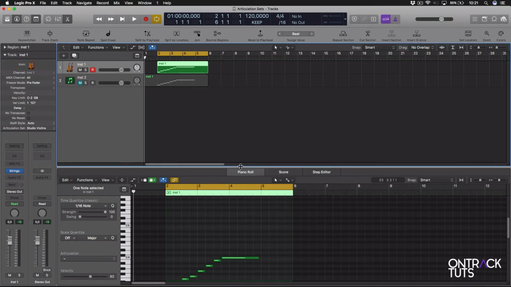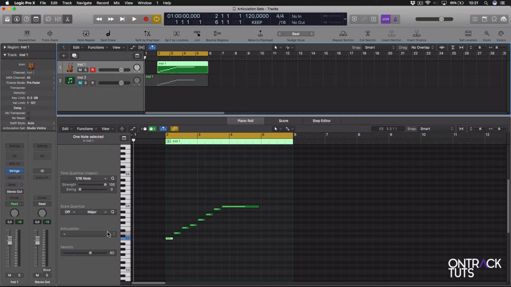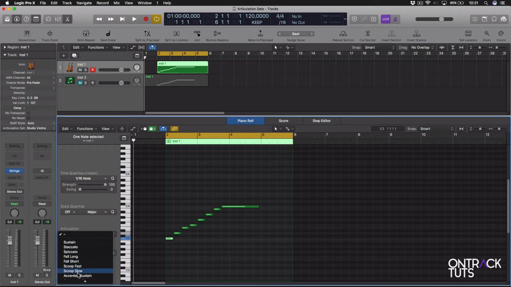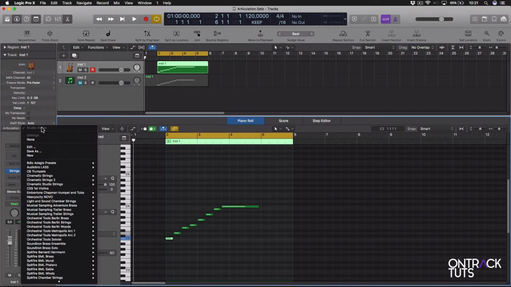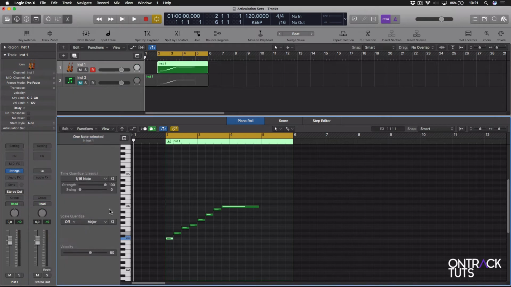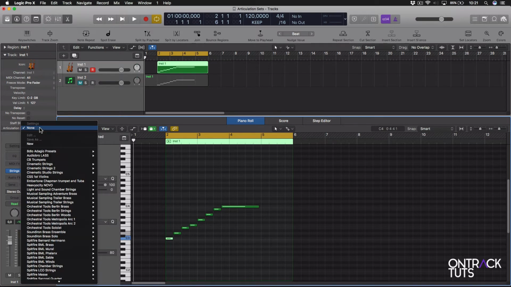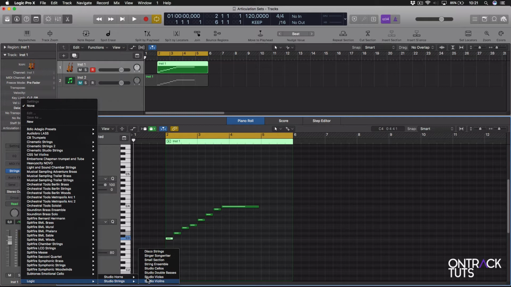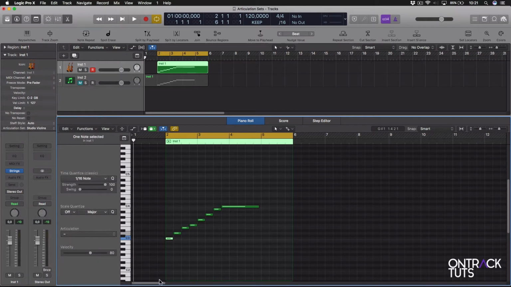Now, what's pretty cool is down here in the piano editor, now I have access to the different articulations. So if I just remove that, set it to none, that box isn't there. So just make sure that you've set an articulation set. And what's really cool about this new feature is that it works at a note value. So you could take all these notes, set them to sustain,